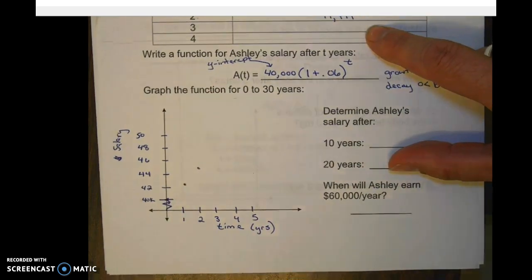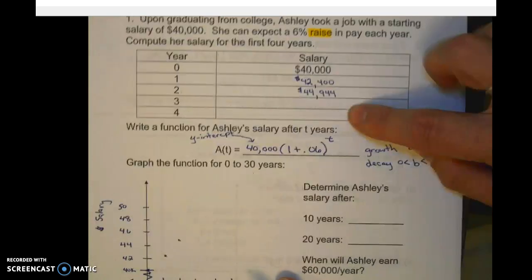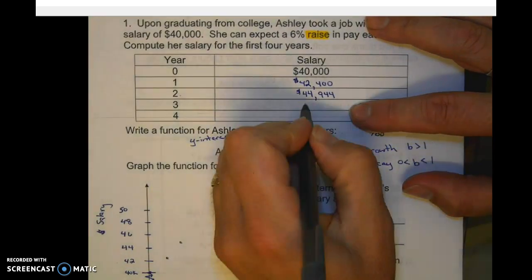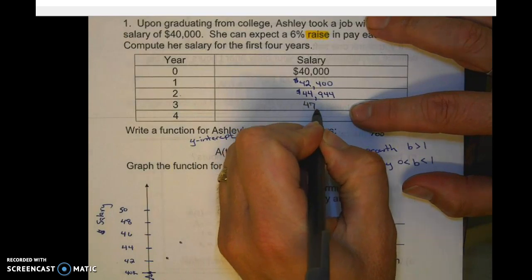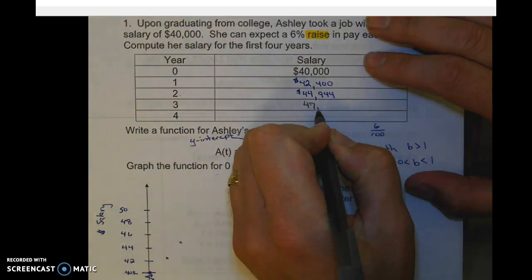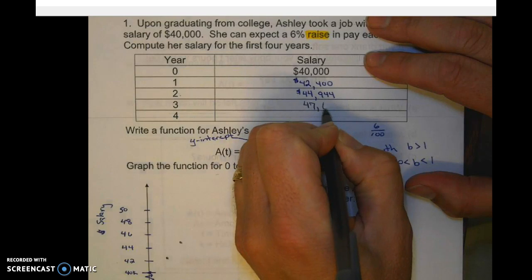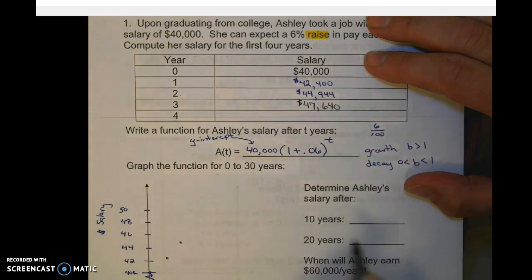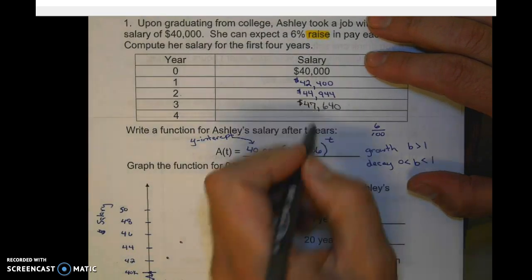And then 3 years, looking at my table, it looks like at 3 years we are $47,640 approximately. And then up to 4 years,